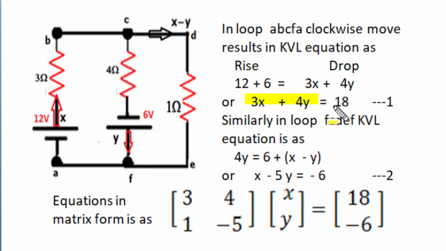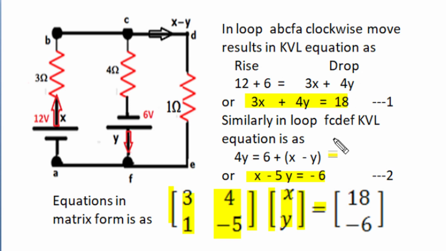These two equations can be written in matrix format with one matrix with the coefficients of x, 3 and 1, as one column and the coefficients of y, 4 and minus 5, as the second column. Now the unknown assumed branch currents are there in the second matrix. This big bracket indicates the start of the matrix and this end bracket indicates the end of the matrix, and on the equal to side we've got